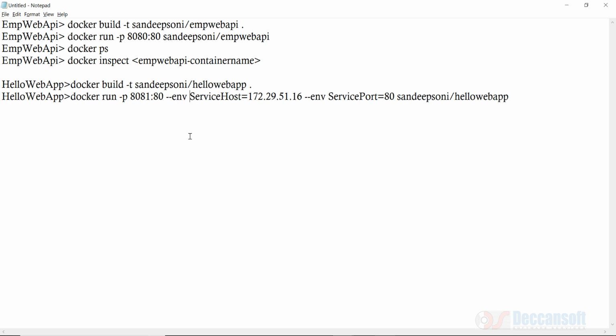But right now, yes, we are ready with two container images. We are able to build them, we are able to run them one after the other manually. We want to automate this whole process